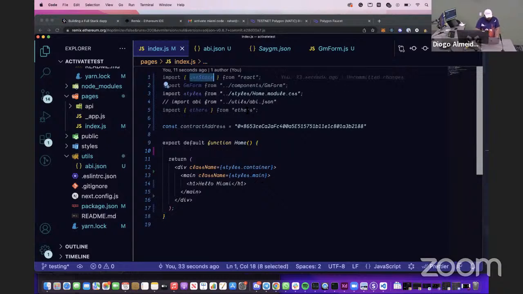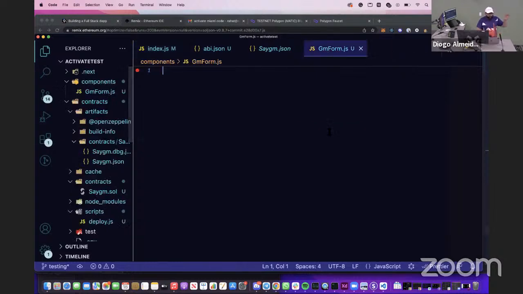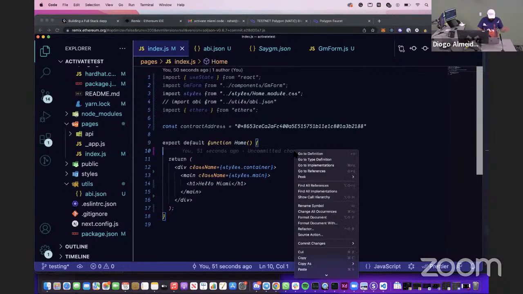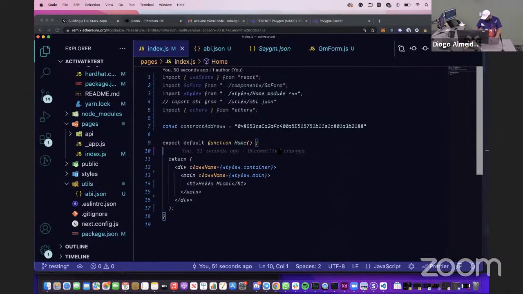So I'm importing useState from React. It's just a React hook for tracking the state of my component. I have another component called the GM form. This is going to be a form with some inputs that the user will actually be able to add inputs in. We'll take care of writing that in just a bit. But first, I'm going to